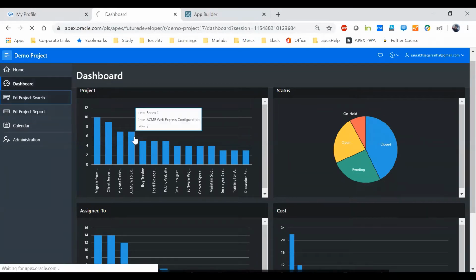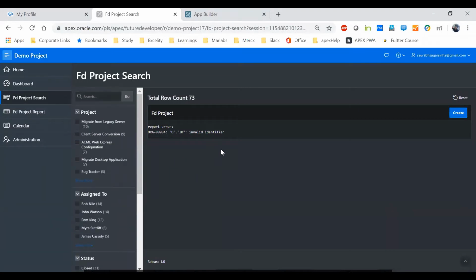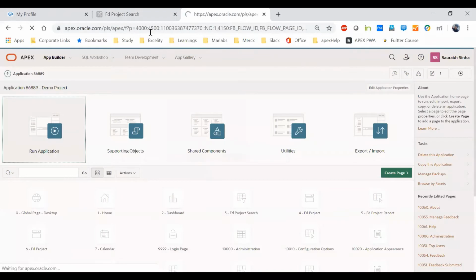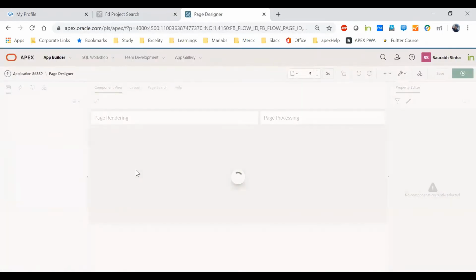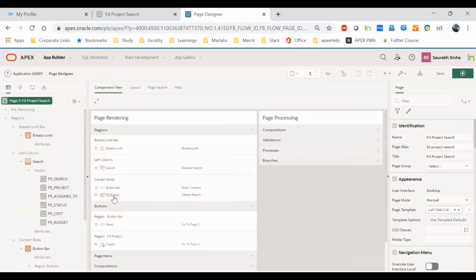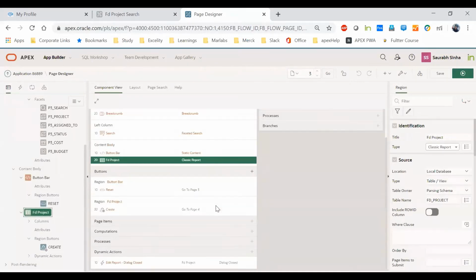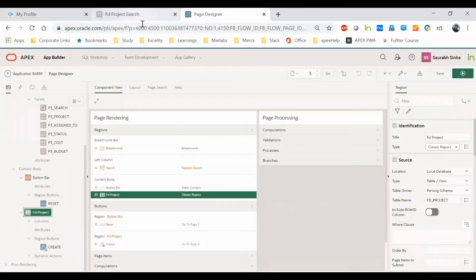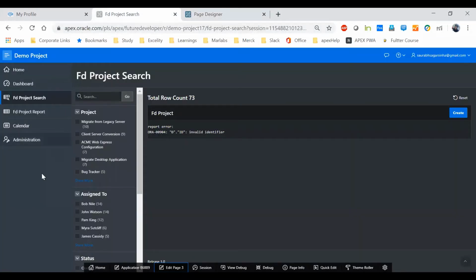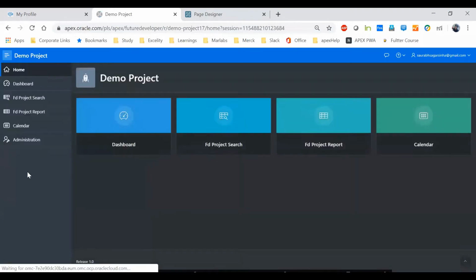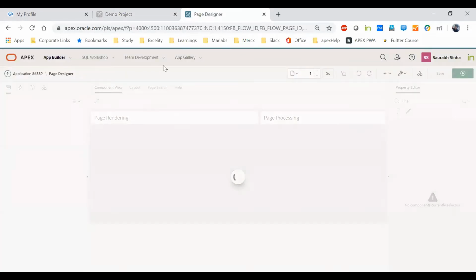First, I'll show you what is, okay, this ID is invalid because I think I deleted this ID yesterday. So let me go to the table. Okay, no problem. So what I'm going to do is create a fresh tab here. And in that tab, I'll show you how to create a normal report, or a report which is going to have all the data, all the information.